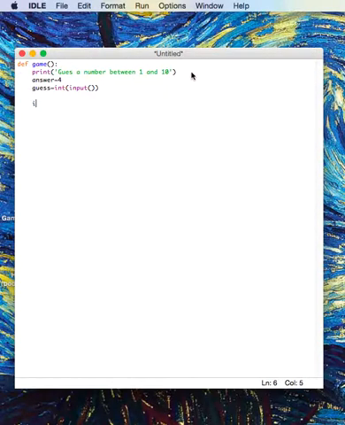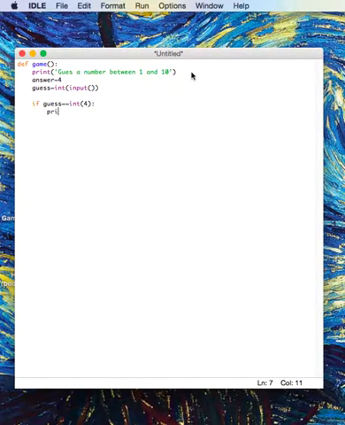Okay, so now we get into our if command. So if the guess is equal, we have to use the double equal sign here because we're not defining a variable. We're saying that guess is actually equal to this value. So if guess is equal to the integer 4, and always remember after an if statement, end with the colon,